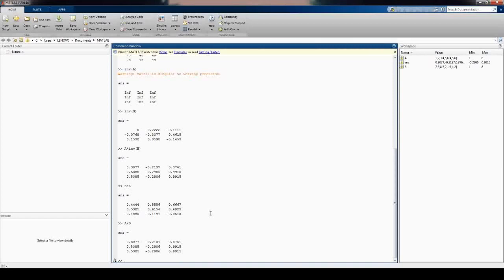Okay, let's go for other matrix related operations and functions. So the function eye, what will it return? It will form a matrix of the size defined within the brackets. For example, 3 comma 3 means a 3 by 3 matrix with all the diagonal elements set to 1.